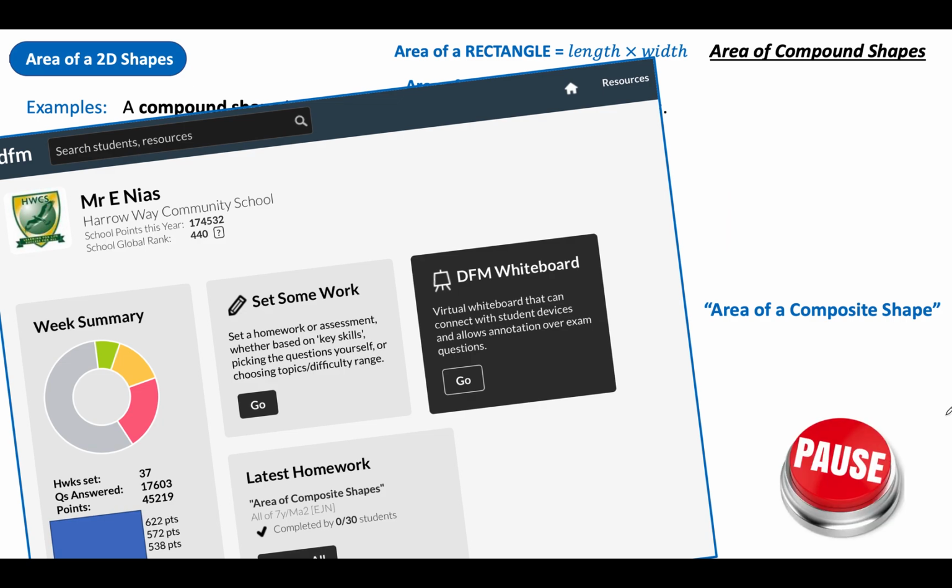So off to Dr. Frost with you. Areas of composite shapes, I believe it is. Try and work out, find any missing sides you need, work out the areas to all of those. Okay, if you need a bit of help, go back over it or email me or do whatever you need to do. But let's get through it and get loads done